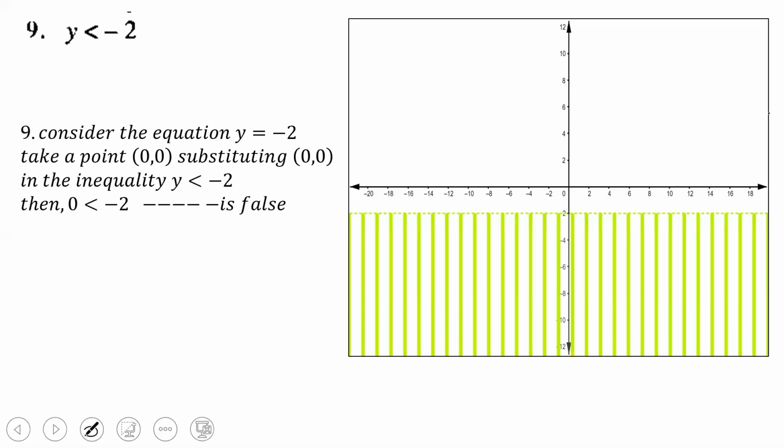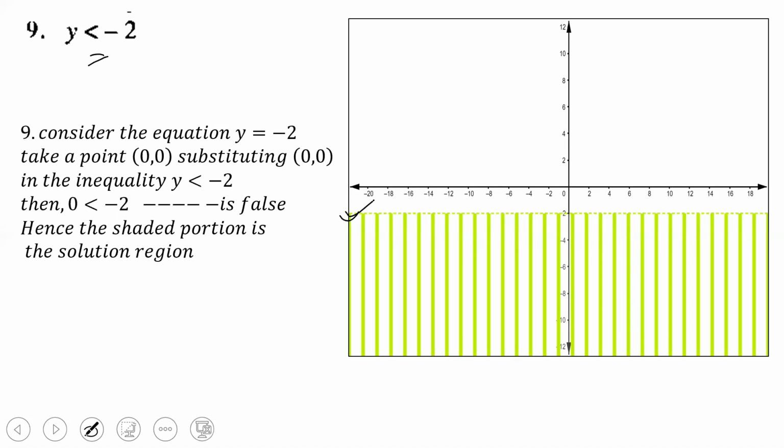So the region is this region, that is the lower portion of the line, the opposite portion of the origin (0, 0). Okay, since the less than sign is there, not less than or equal to, we will not consider the line. At that place we will consider the dotted line. So the solution region is the shaded portion. So write it down. Here you need to consider the equation, then draw the line, and then find out the region.